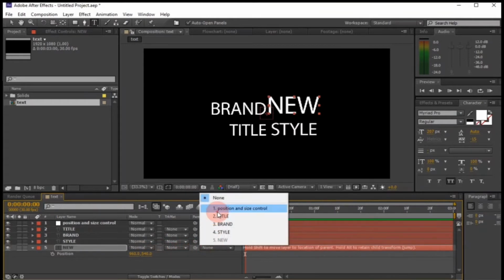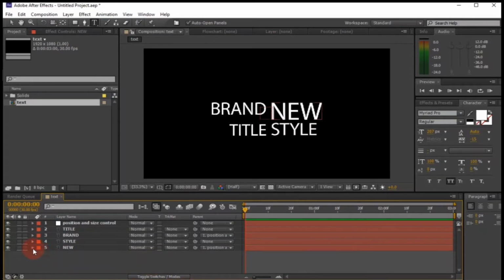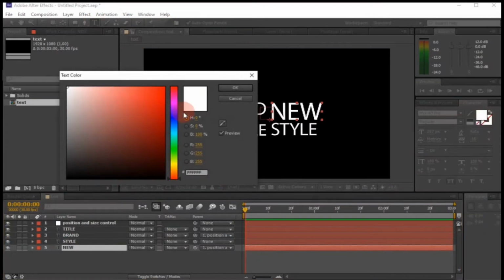Now set the parent to position and size control and change the X position value to 72 and Y position value to 103. And then change the text color. I am using the light blue color.